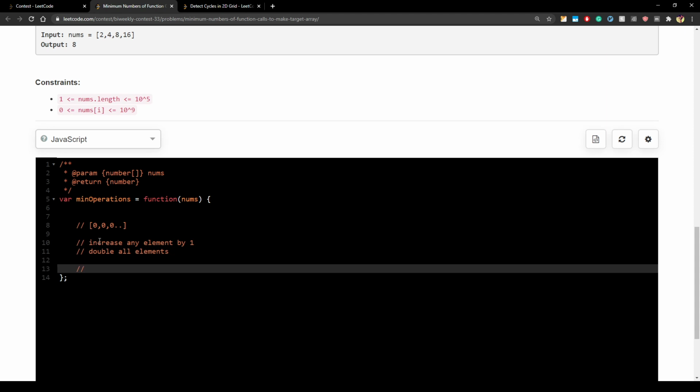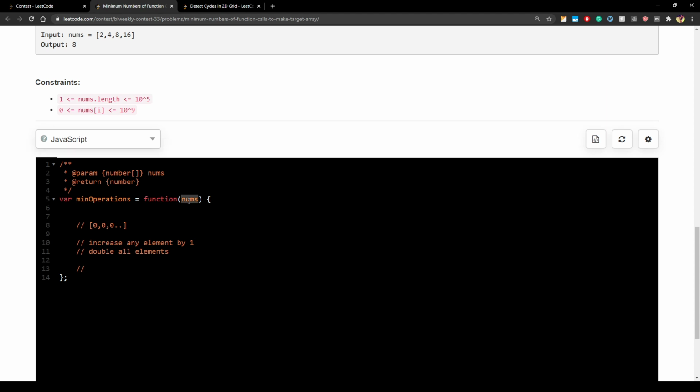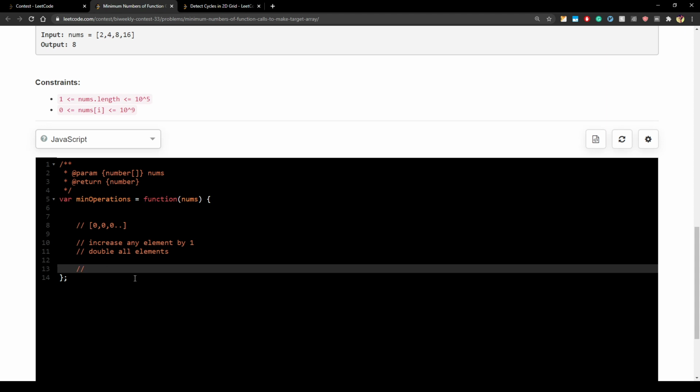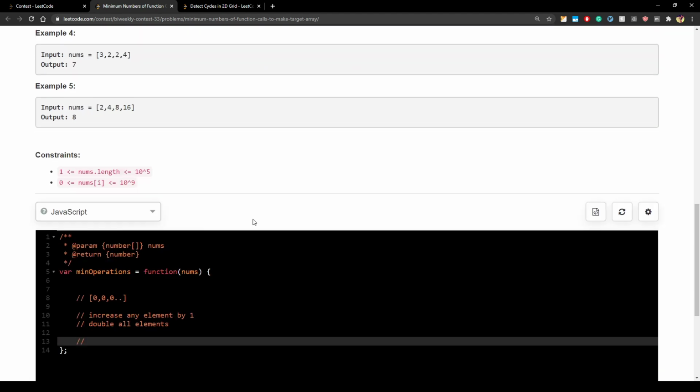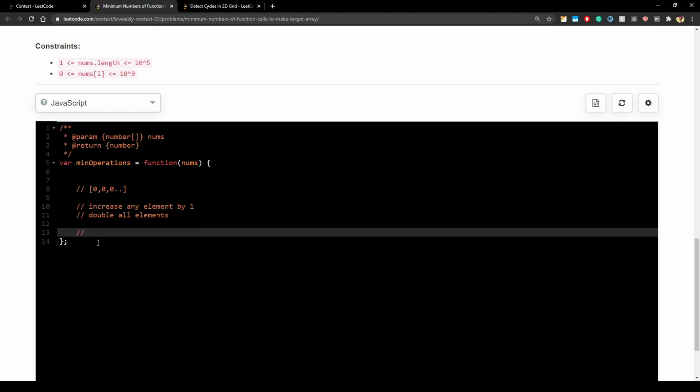And it is given that we can always create the nums array, and because it is given that the answer is guaranteed to fit in 32-bit integer, I will not prove that it is always possible, but we have to find the minimum number of steps to reach the nums array, right? So this is what we have to do.